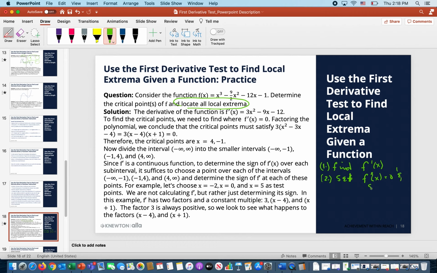So I'm just going to put and solve, okay? In other words, take the derivative, set it equal to 0, okay? In order to locate the extrema, right? So from step 2, we're getting those critical points, okay? But in